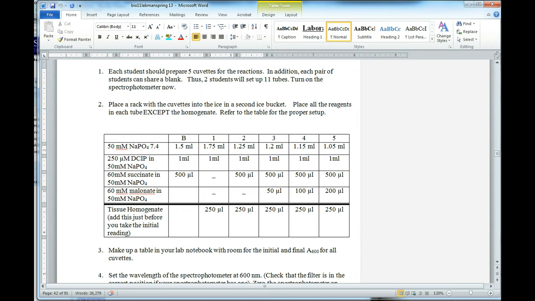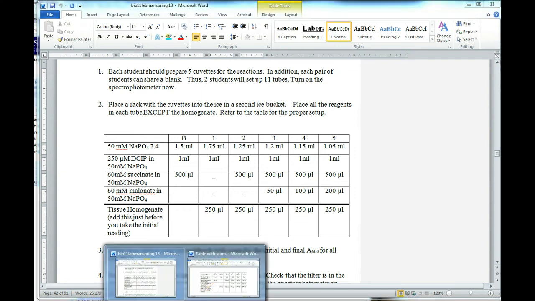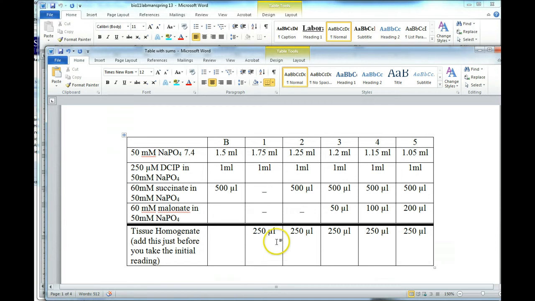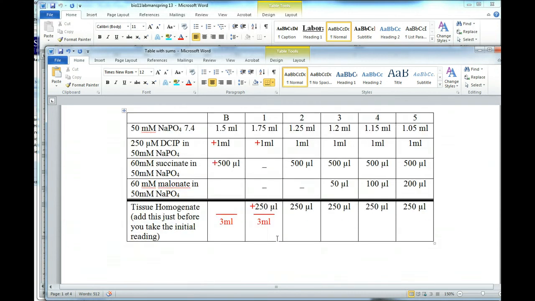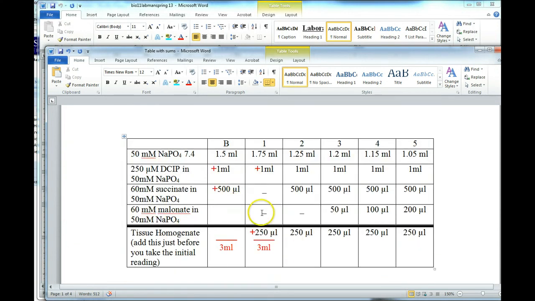We did them in a total volume of 3 ml, and it's going to show you that here. 3 ml. There we go, 3 ml. We did them in a total volume of 3 ml, and all the way across, it keeps equaling 3 ml, because that's the volume that fits in the cuvettes, that fits in the spectrophotometers that we have in